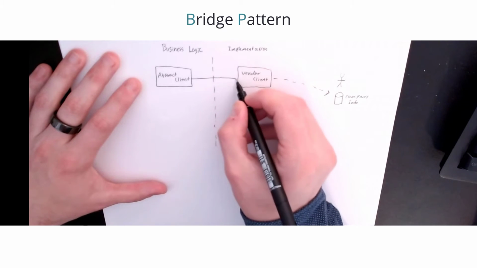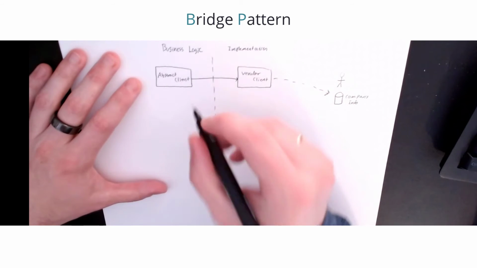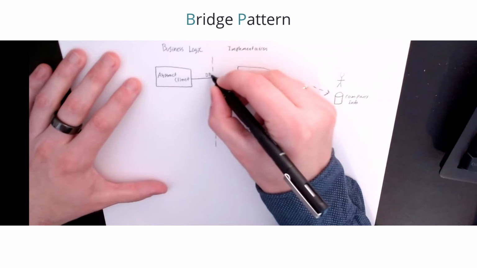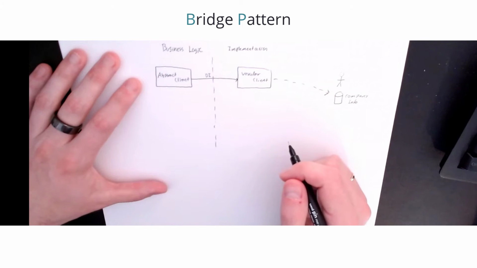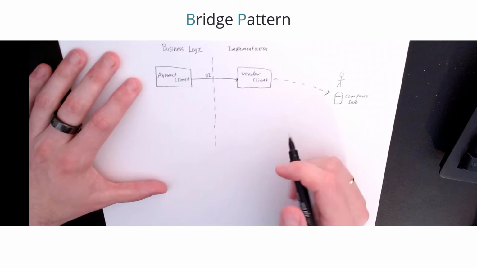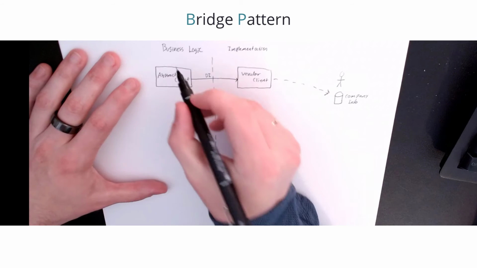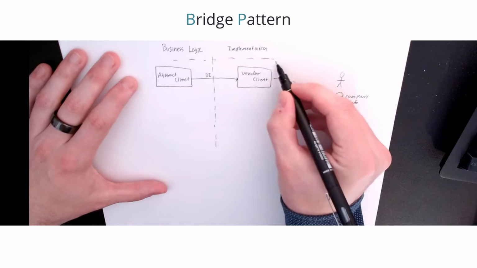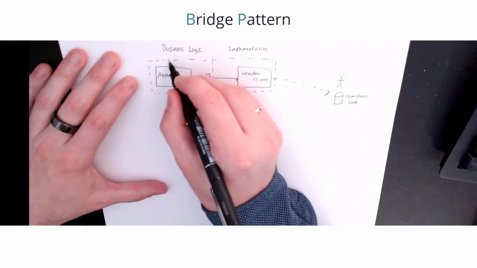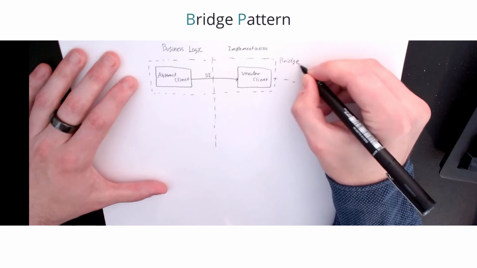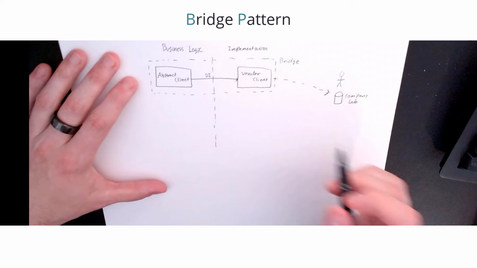There's going to be a dependency between the abstract client and the vendor client, of course, because the vendor client is what does the actual communication. So we're going to use dependency injection to inject our vendor client into our abstract class. So there's no inheritance between the two class hierarchies. They're just composed by objects of those types. So these two classes are what's called the bridge, because it bridges the business logic side and a specific implementation towards a vendor.